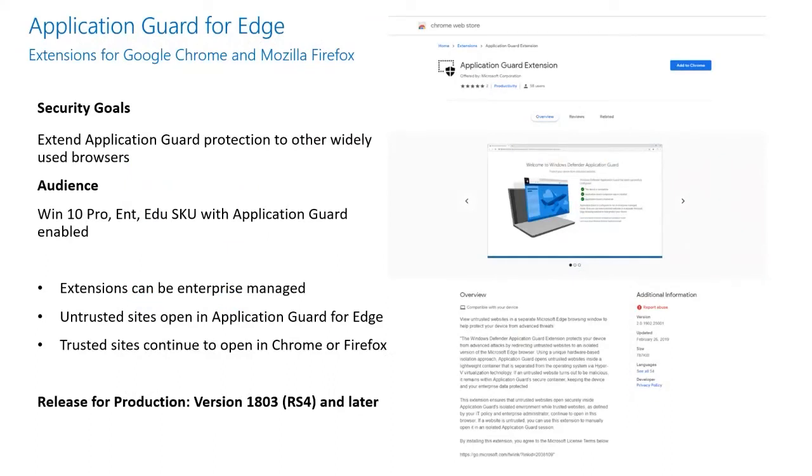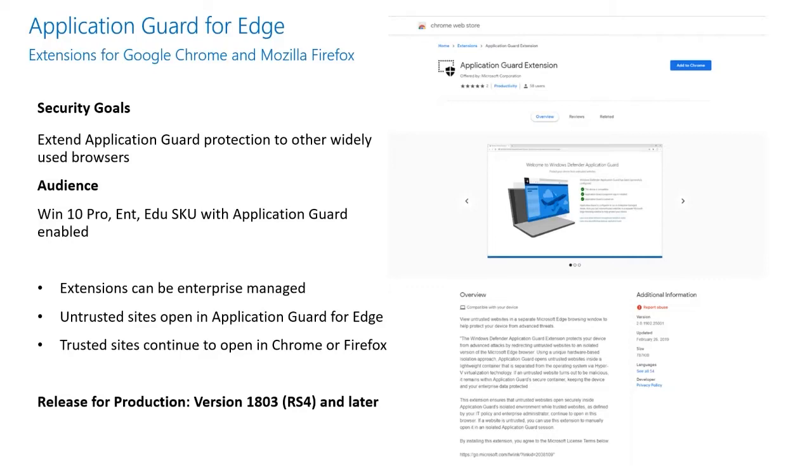So like we mentioned, we have application guard for Office, but this is a small segue into, hey, we not only have application guard for Office, but we also have application guard for Edge. Now, what happens in Application Guard for Edge is that the untrusted websites open inside the Application Guard for Edge container. But we also realize that Microsoft Edge is not the only browser that people use. There are other popular browsers like Google Chrome and Mozilla Firefox. So what we have done is that for both of these third-party browsers, Google Chrome and Mozilla Firefox, we have